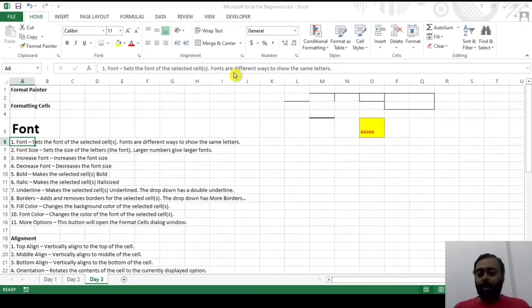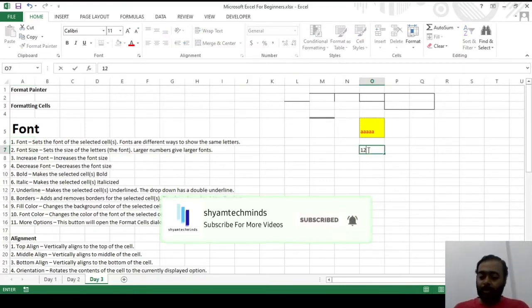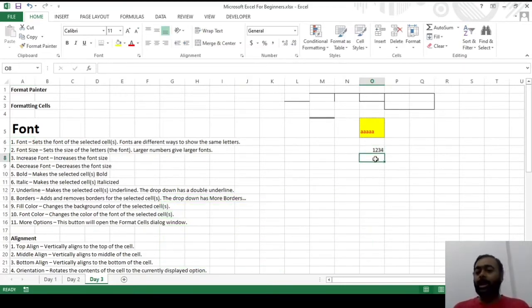If you are doing some accounting purpose, you have this accounting here, where we can have a symbol. For example, I put here 1 2 3 4. Now this is only a number. Okay, so now I need to format this. I right click here, go to format cells, and I change it to currency. Let me put some symbol.